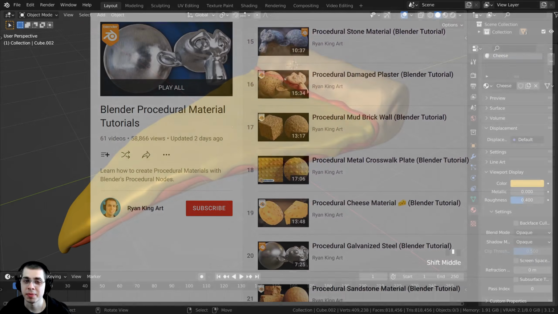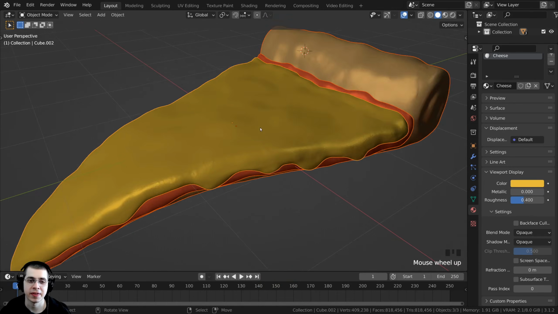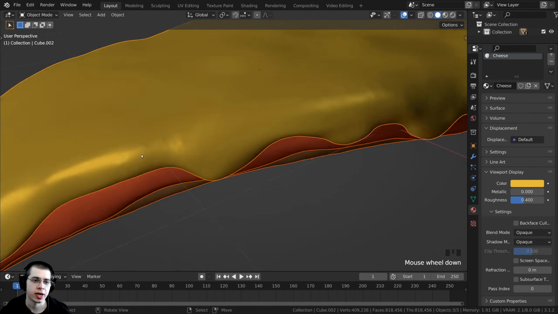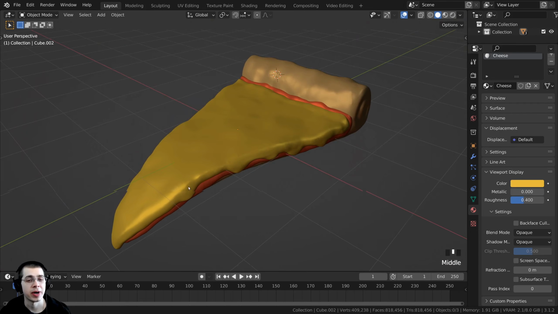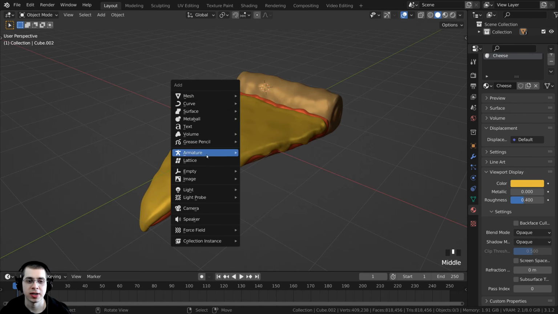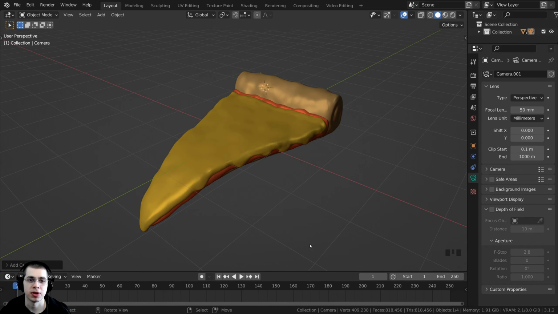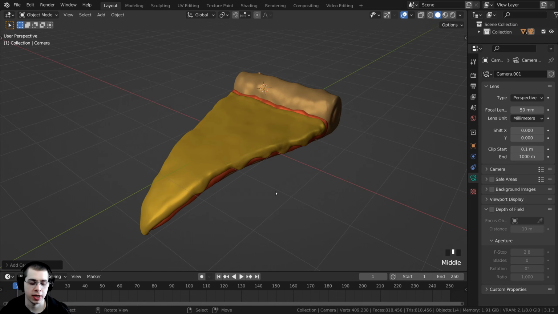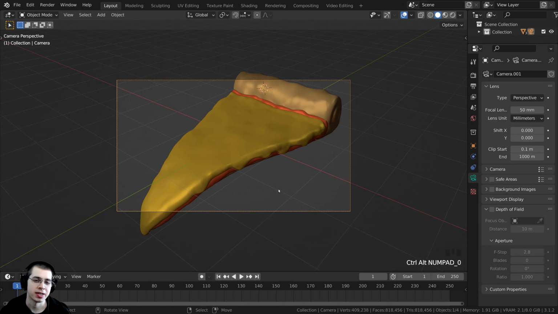Alright, so to start off, I'm going to press the A key to select these objects, and then using the object context menu, I'm going to shade them smooth, and that way they will be smooth and you can't see those little vertices there. So I now want to add a camera, so I'm going to press Shift A, and let's go right down here and we're going to add a camera. Now I want to place the camera right about here, so I'm just going to navigate to about here, and then I can press Control Alt Numpad 0, and Control Alt Numpad 0 is going to bring the camera to